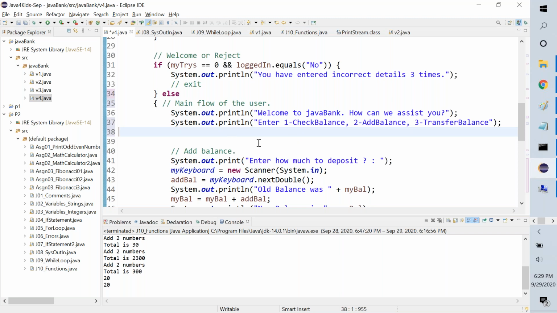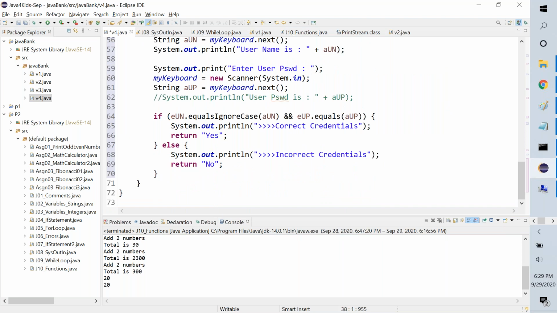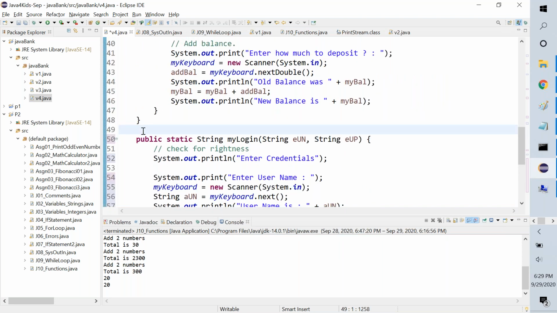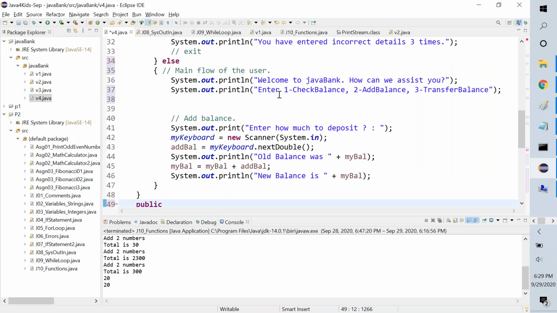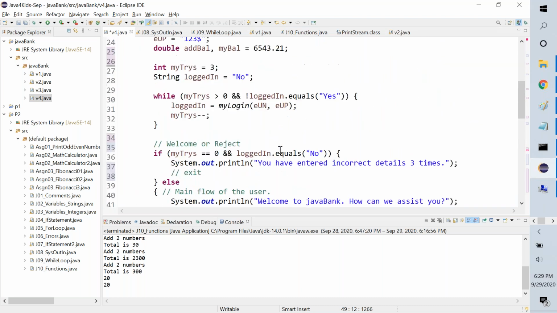Now, instead of writing the logic here and then moving into function, let's write the function right away. Okay. So I can write it before my login, does not matter. I can write it anywhere. So public, what should check balance do? For example, there is a current balance. My balance is there, right? So it will return,